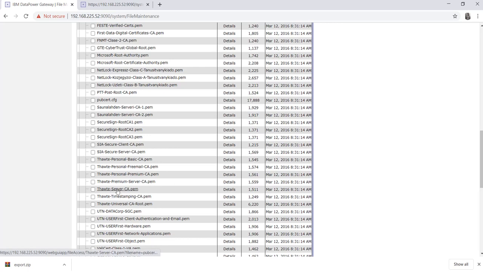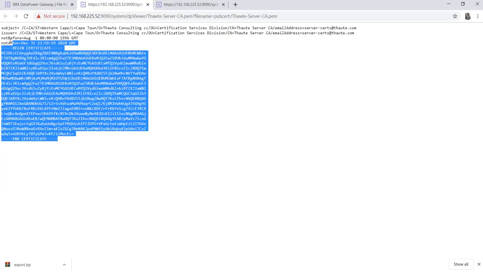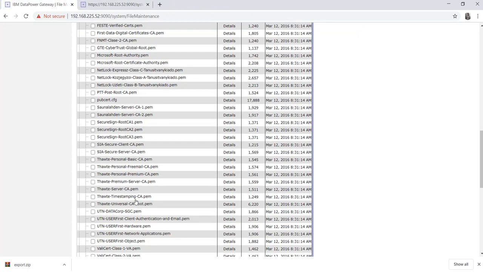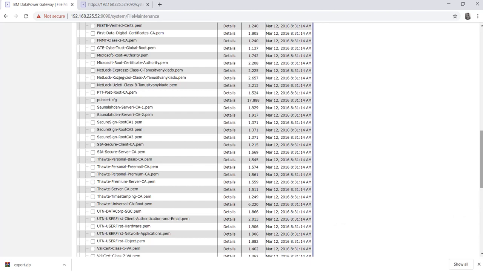If I click on server, we can see the public certificate of that anchor, or we can say authority. And if we want to see the others, like the Microsoft root certificate, we can see here that these are the Microsoft root certificates.